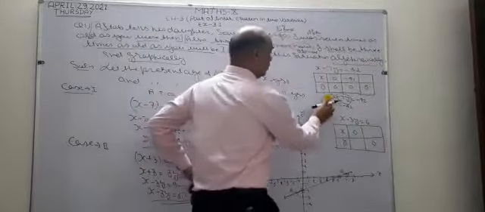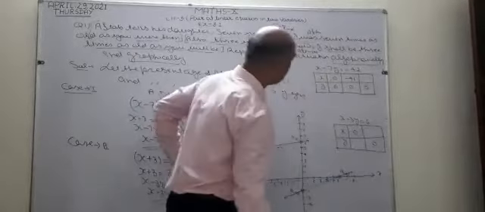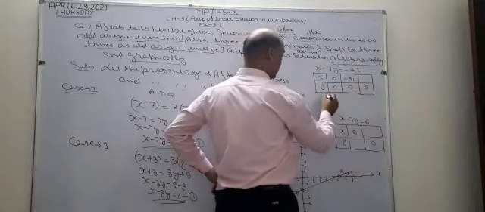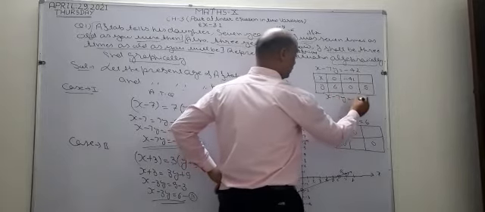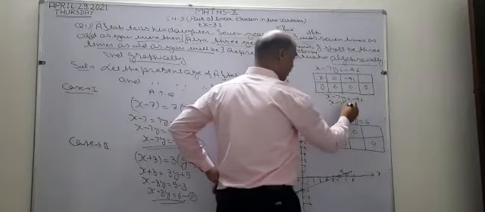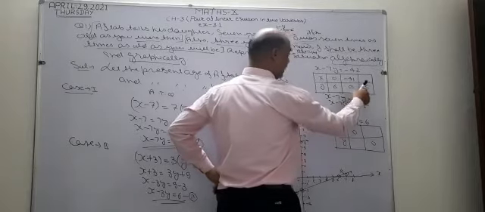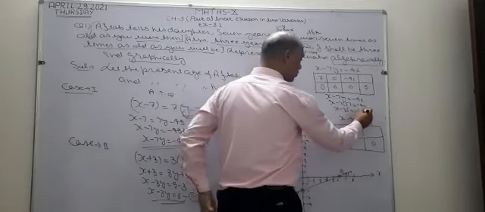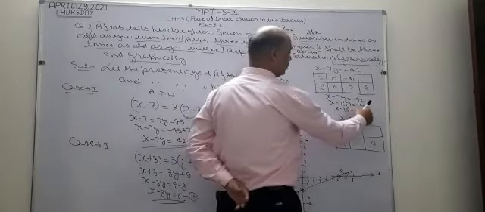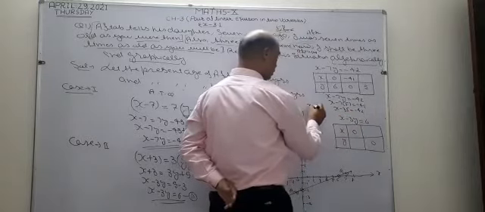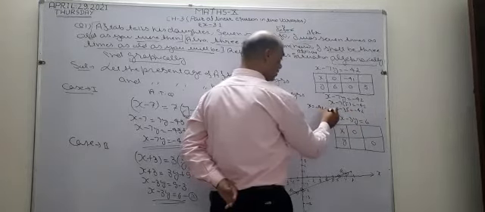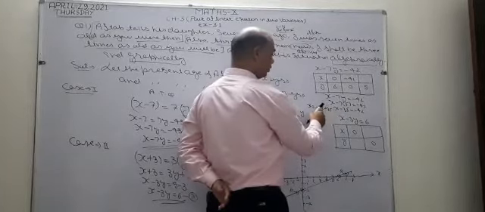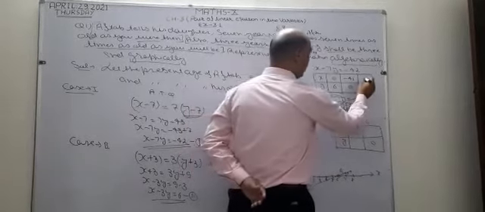I am going to take a value near 6. 6 is taken, so I take the next value of y. Now see what happened. x minus 7 into 5 equal to minus 42. I take y equal to 5. Now 7 fives are 35. x minus 35 equal to minus 42. Minus 35 changes sides, becoming positive. Now this becomes minus 42 plus 35. So x becomes minus 7. 42 minus 35 is equal to minus 7. So x becomes minus 7.